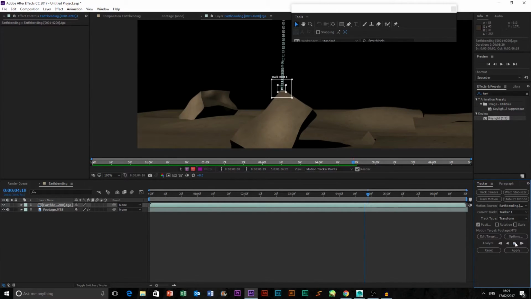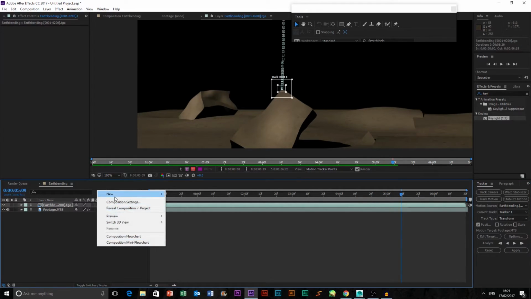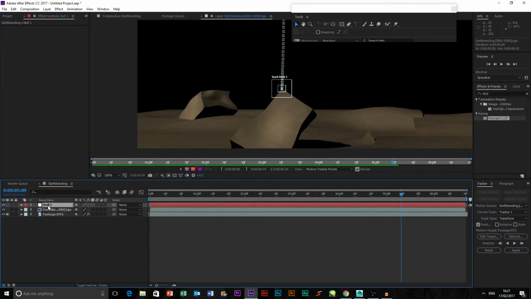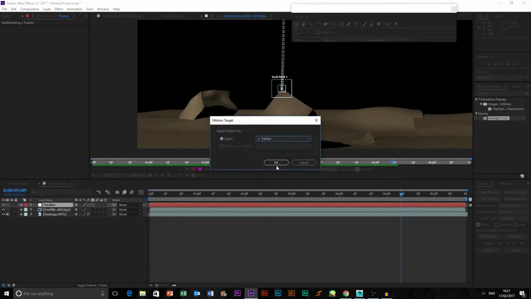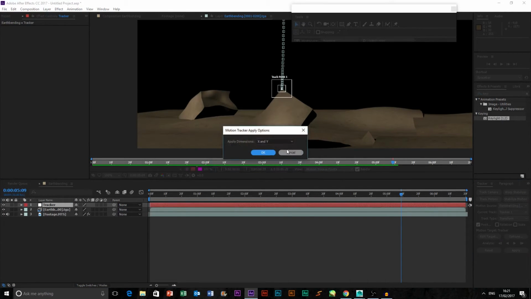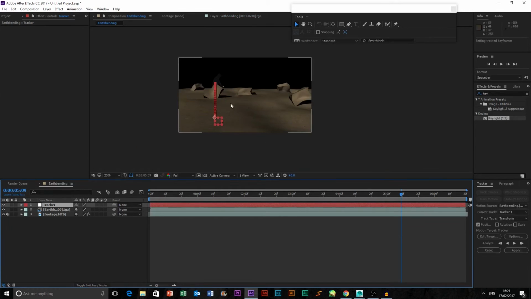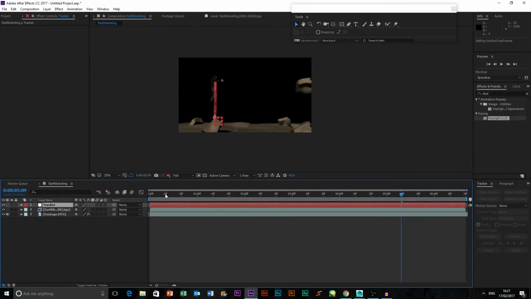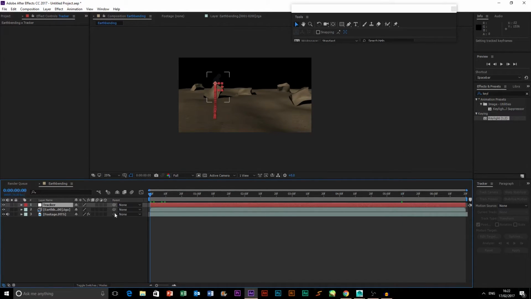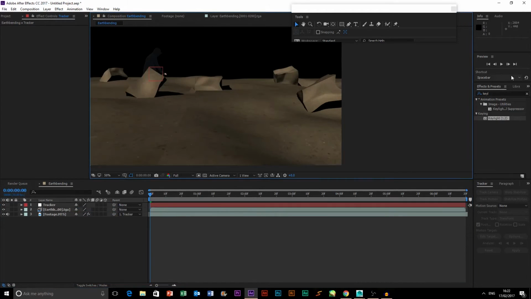Okay, still a bit further to go, but it's not actually moving, so we can stop. Then we'll create a new null object and rename it to tracker. Then we'll edit target and select our tracker, click OK, and then click apply and make sure it's X and Y, and then click OK. I'm going to go to our first frame and grab the whip of the actor and put it on the tracker. Now when we play our clip,